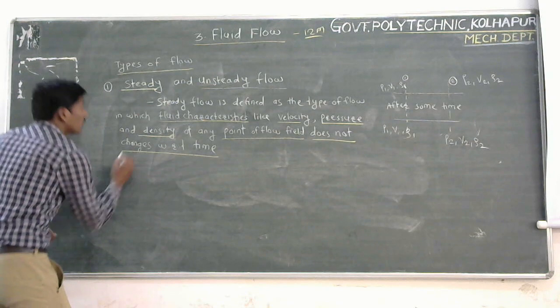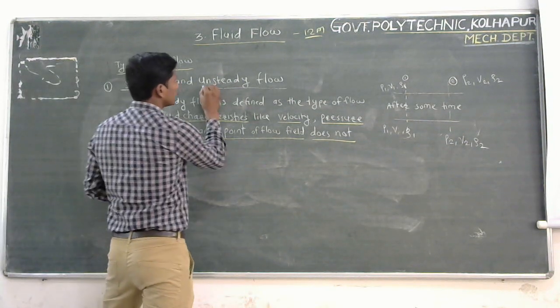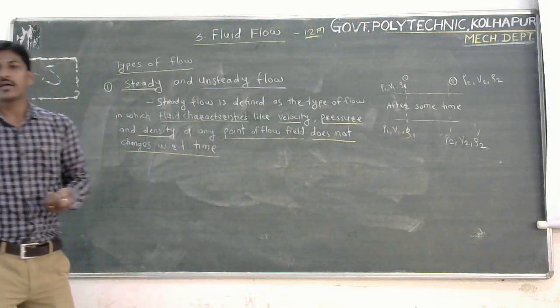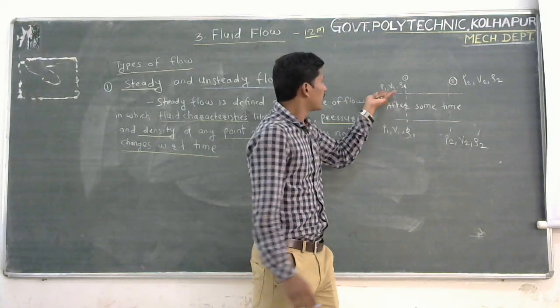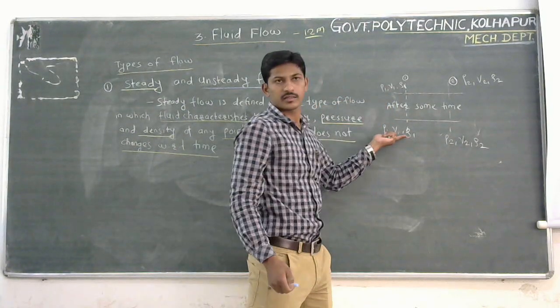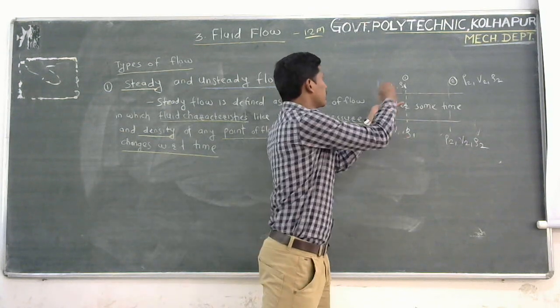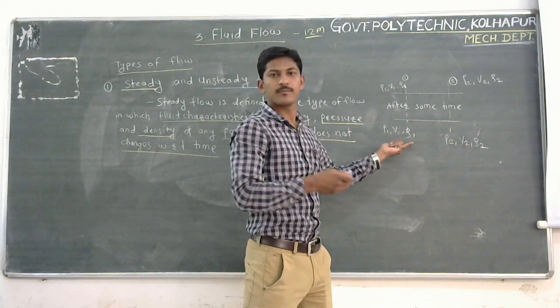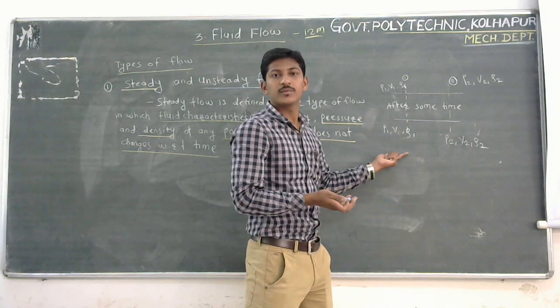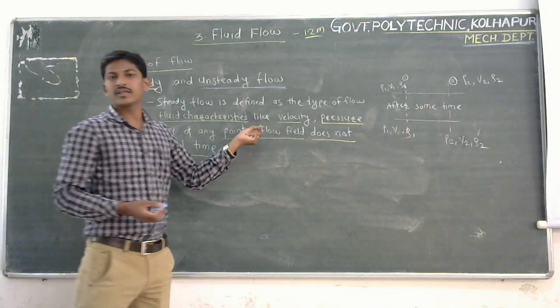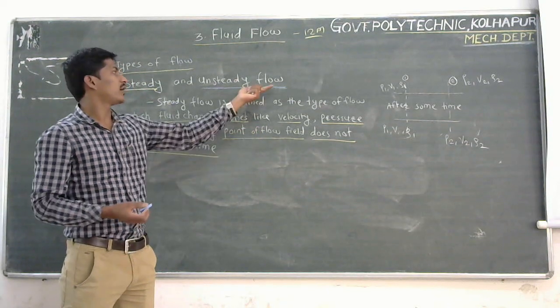Okay. And what is meant by unsteady flow? If any one of the properties changes, what does that mean? After some time we get a different pressure at the same point. After some time we get a different velocity at the same point. We get a different density after some time. Then it means that if a single parameter changes with respect to time, then it is called unsteady